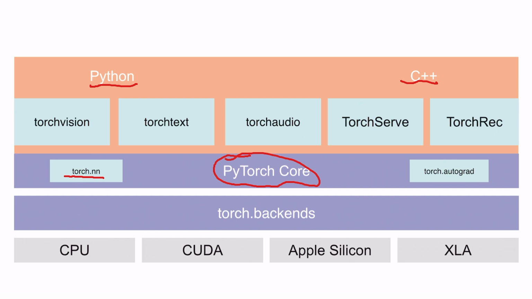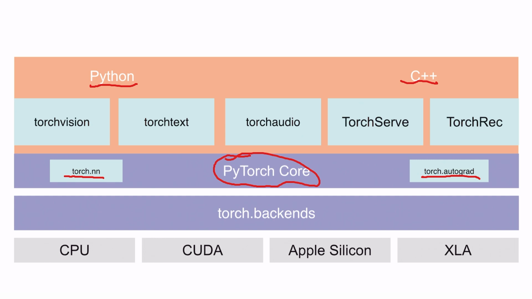And the second bit of the core is this automatic differentiation library. In PyTorch, it's referred to as AutoGrad. And this is where the magic of PyTorch happens, but it's often underneath the other higher level bits of the API. So you usually don't interface directly with this unless you're doing or researching some specific optimization procedure itself. And the secret sauce of PyTorch is that it